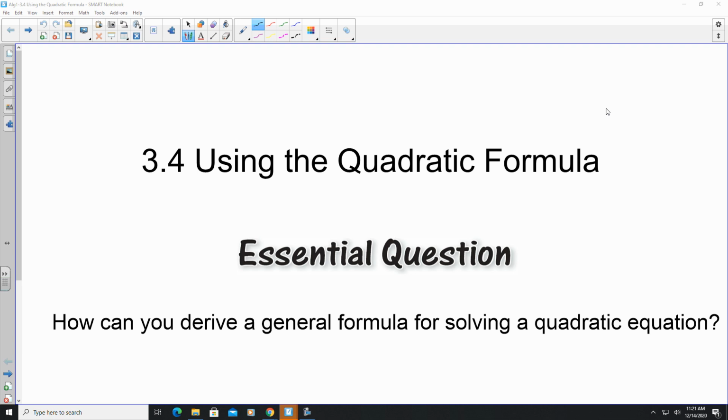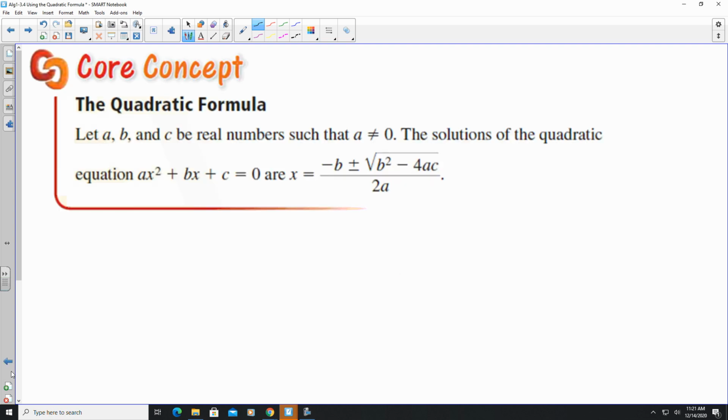And there are different methods you can use to discover what those x-intercepts are: by factoring, by using square roots, by completing the square. All of those different methods have stipulations attached to them, except for the quadratic formula. The quadratic formula works for any quadratic function in order to solve it. So as long as your quadratic is in standard form, ax squared plus bx plus c, we can use the quadratic formula,